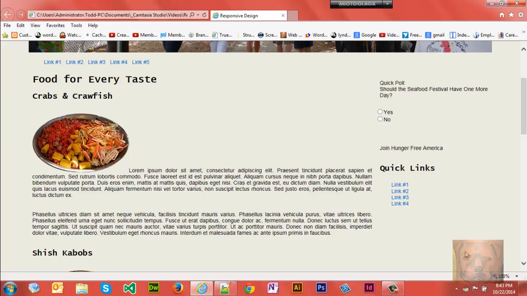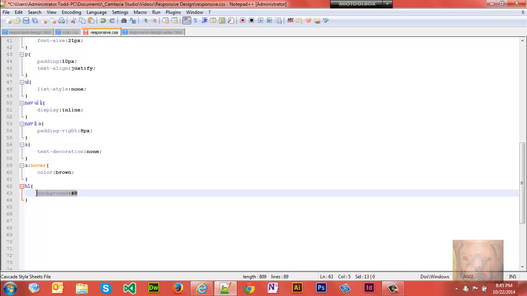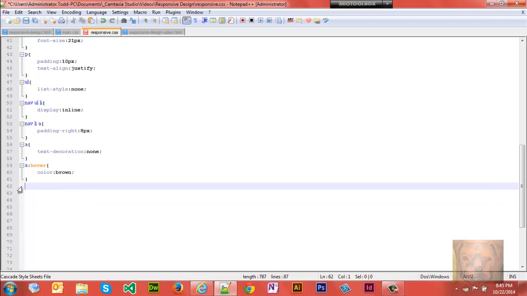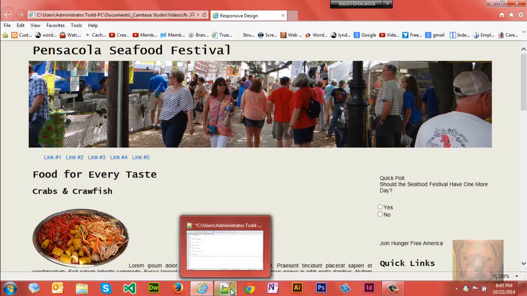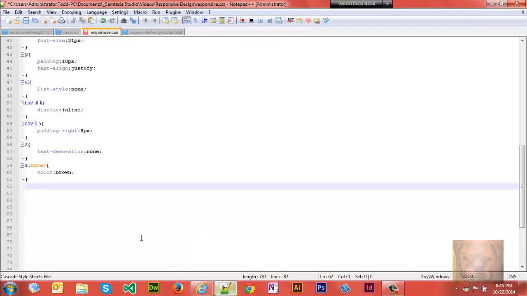Okay, let's get back to, I should have put this up in the earlier one. Okay, so we only have one H1 tag. So we're going to deal with the header H1 tag. We're going to change the color of the background on it. Because we know we only have one H1 tag, we don't need to target it specifically with a descendant selector. We can use just H1 because it's the only one on the page. So we're going to go H1,